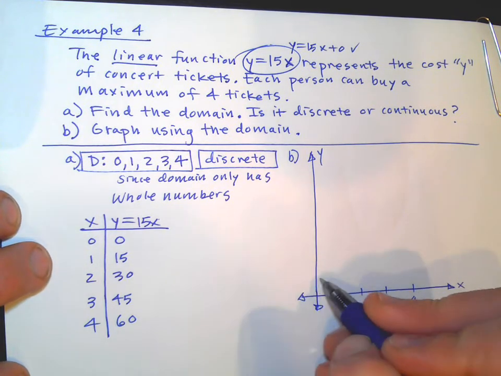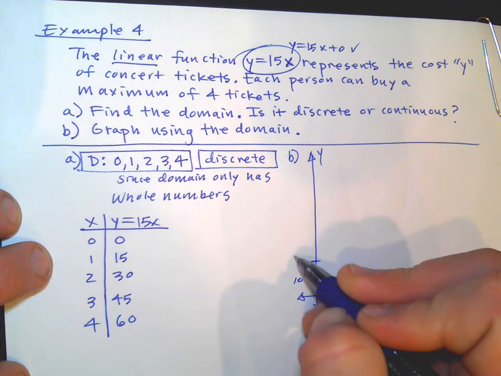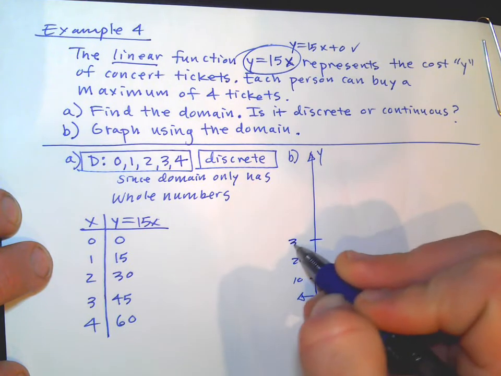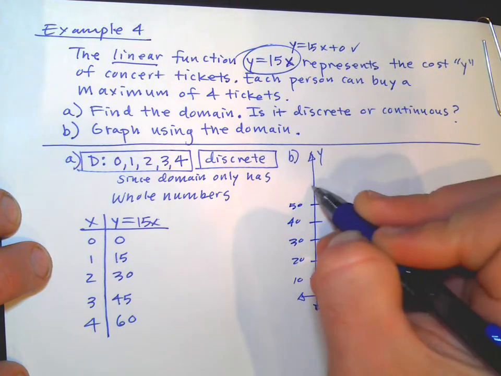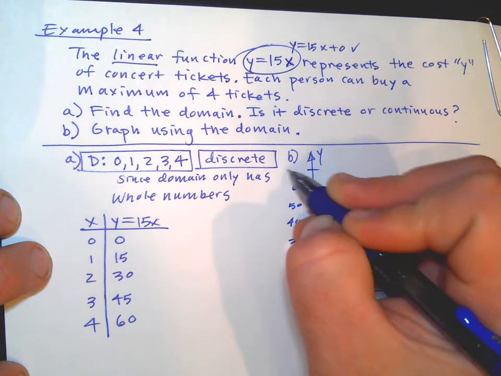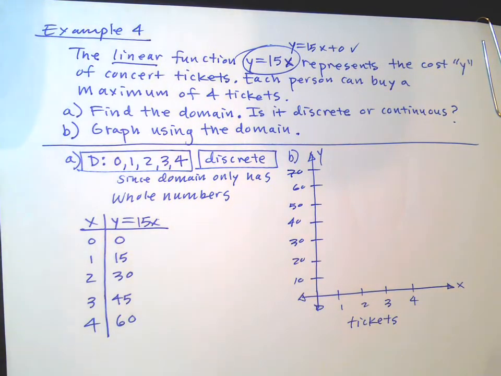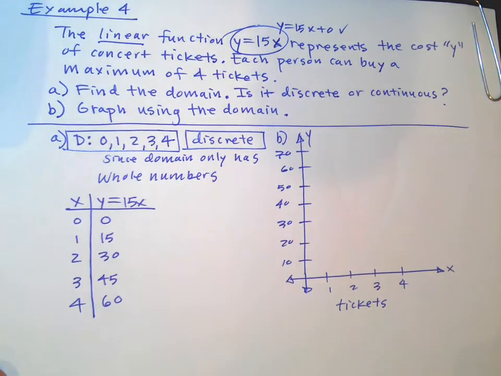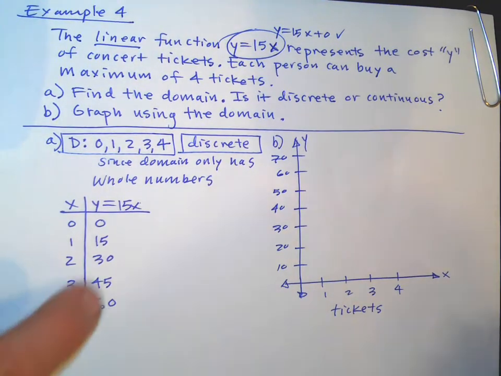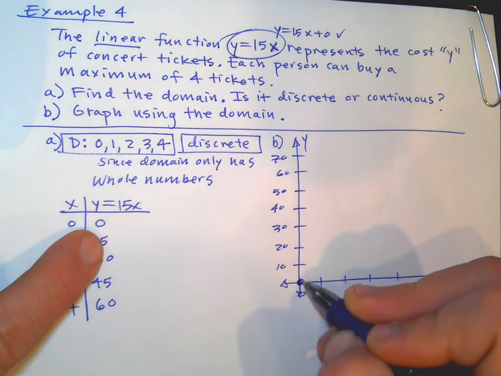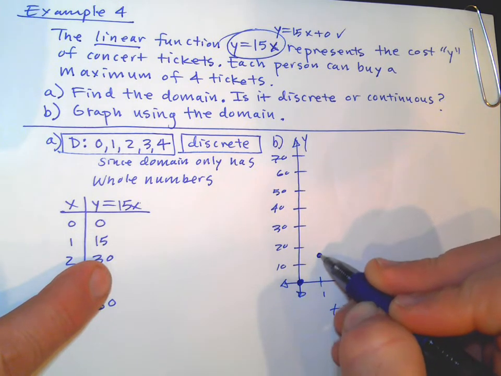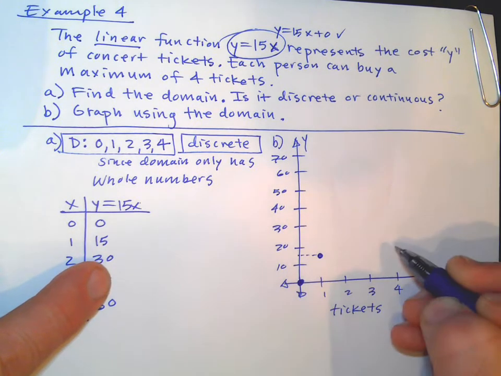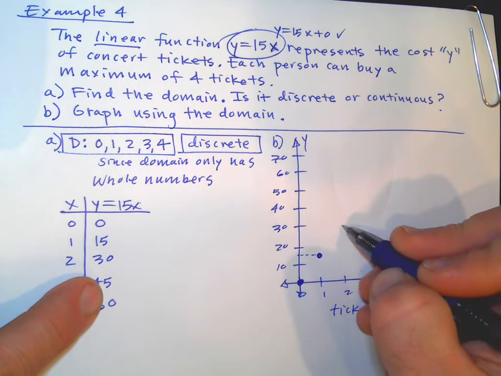And then we could say, like, 10, 20, 30, 40, 50, 60, 70. So we can go up by tens just because they're going to be really big numbers. I don't want to have it take the whole graph. So 0, 0, you plug in 0, you get 0 out for y. If you plug in 1, you get 15 out, right? If you plug 2 in, you get 30,